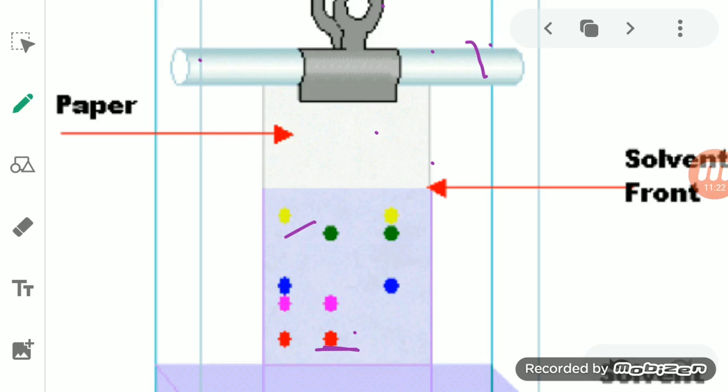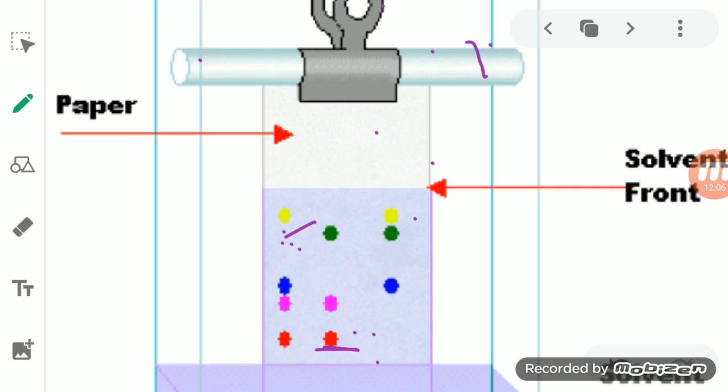Okay, so the dye consists of different components. The component which is very soluble in the water, as the water rises up, will get dissolved in the water and be carried to a higher position on the filter paper. So it rises fast and produces a color spot at a higher position. Now the component which is less soluble will get less dissolved in the water, and thus it rises slowly and forms a color spot at a lower height.